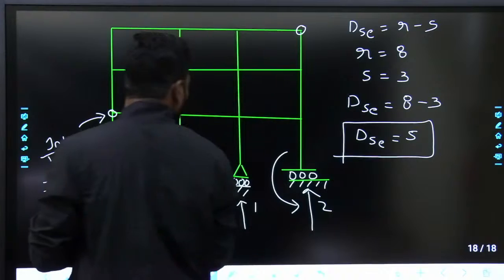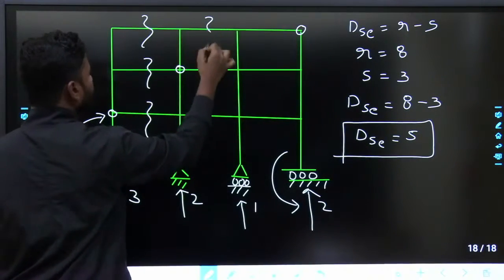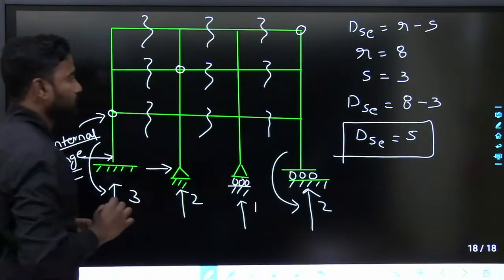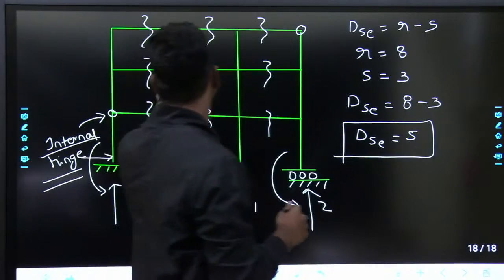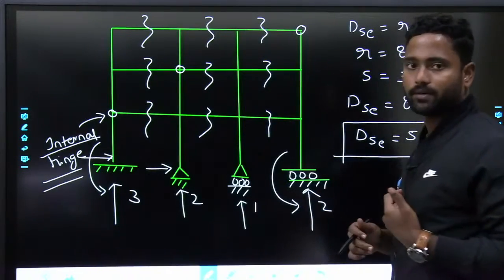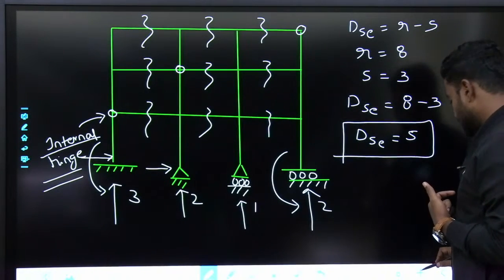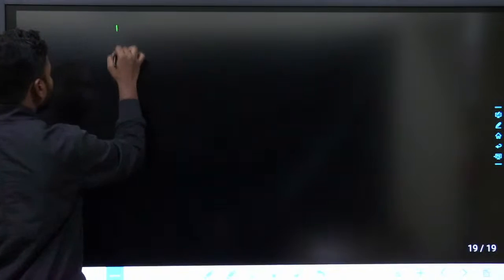Now cuts. 1, 2, 3, 4, 5, 6, 7, 8, 9. 9 cuts I will make. Why? So that this part is separated, this part is separated, this part is separated. Fine. Now, if I try to draw the separate parts, how exactly it will look like is